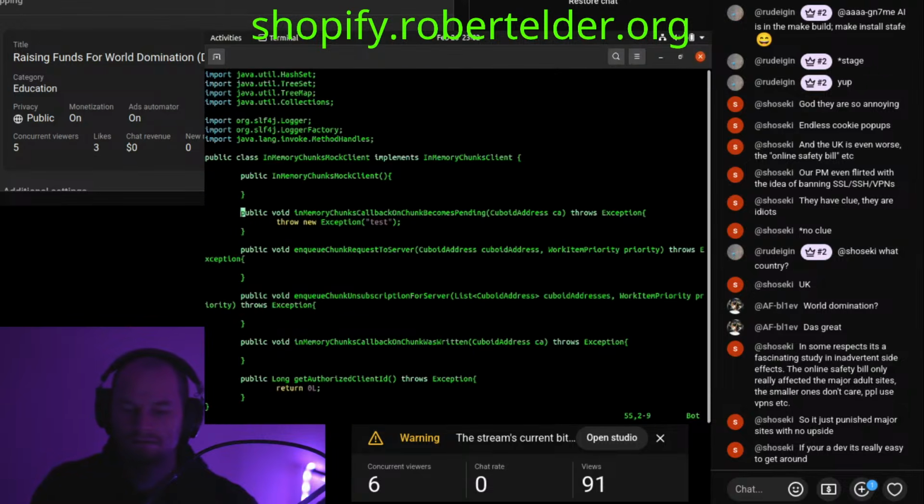I kind of like to have a nice coverage on the cases, so then I can test every stage of the chunk loading process. I should probably rename some of these methods.